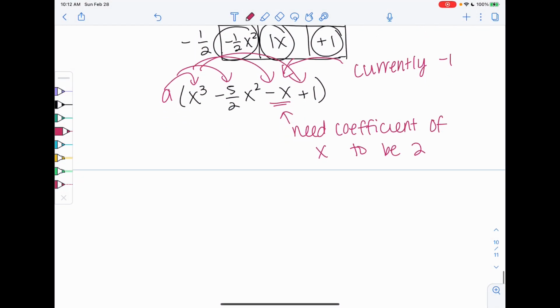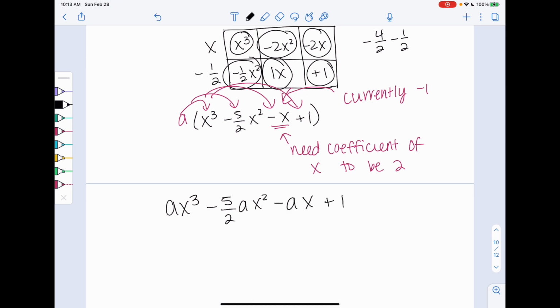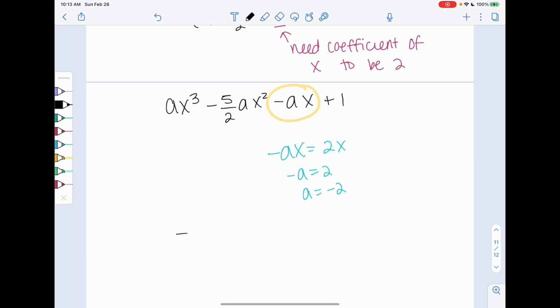So we're going to go ahead and distribute that a. So we get ax cubed. We get minus 5/2 ax squared. We get minus ax, and then we get plus 1. And we know that the coefficient of x is 2. So negative ax should be 2x, which means negative a is 2, or a is negative 2. So the solution would just be the one where we have negative 2, x cubed, minus 5x squared, minus x,